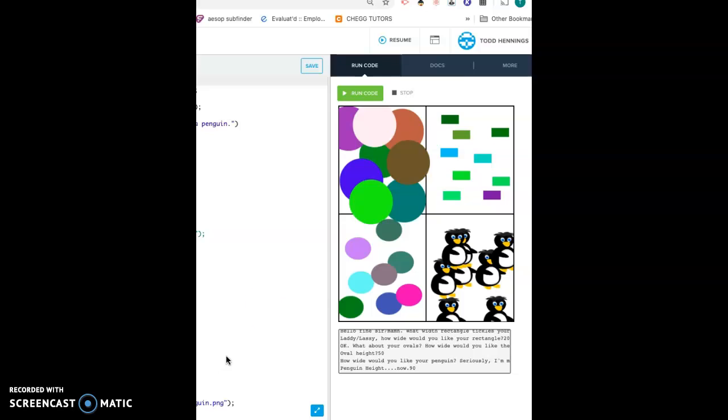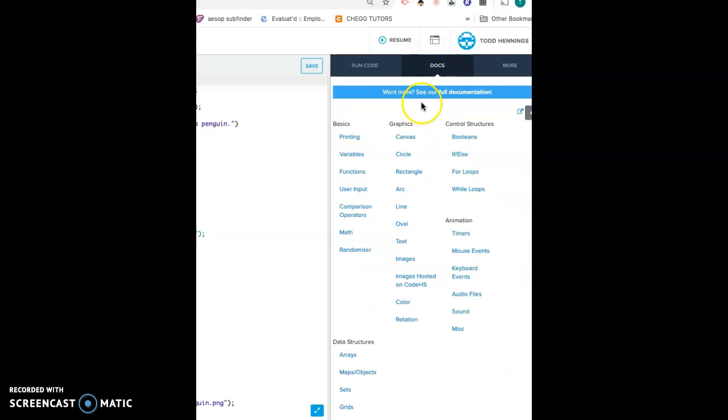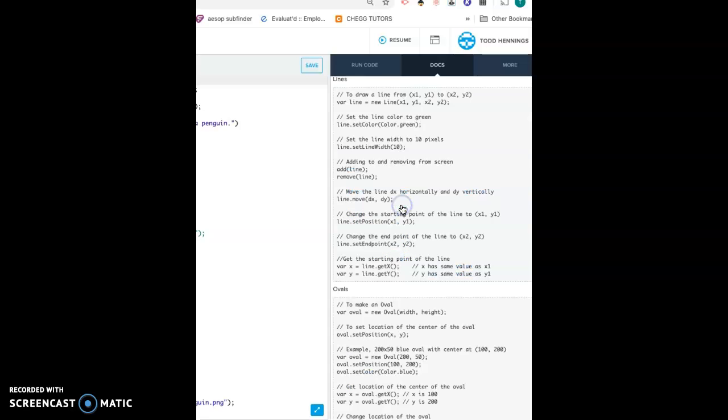I know many of you have seen this, but over here in our program pane, there's this docs link, and we can look here and get information about the syntax and the structure of all of these different things. So if you're unfamiliar with how to make lines, or if you've forgotten when we made lines earlier, I'm going to click here and it gives me some information about lines, and it tells me basically how to structure it. So in this case we said, variable equals new line, and it tells us we put in the XY coordinates of one end of the line and the XY coordinates of the other end, and then we just say something like add line, right? So the lines are pretty simple.